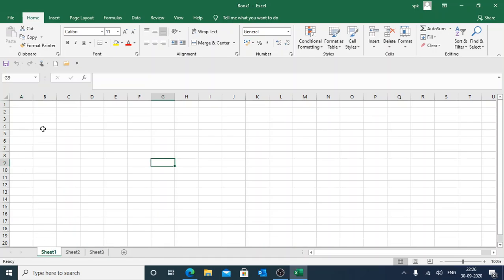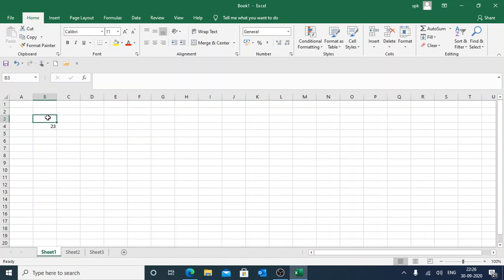In Excel, we can insert numbers, text and formulas. I'll show you how to insert a number. Suppose I'll type here any value and I'll click outside. You can see the number is entered.